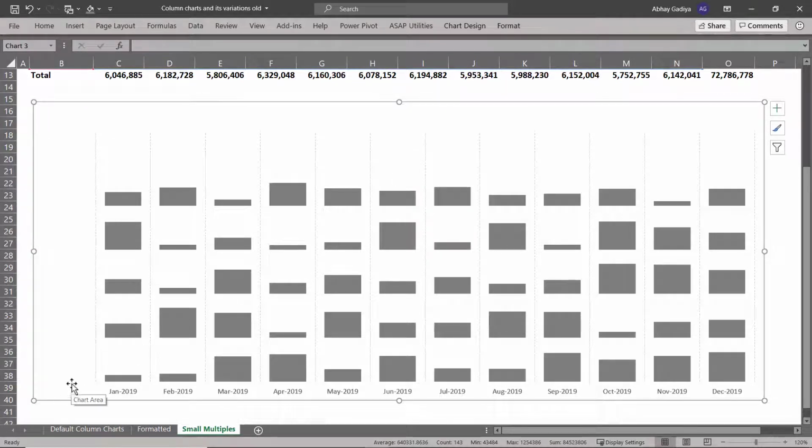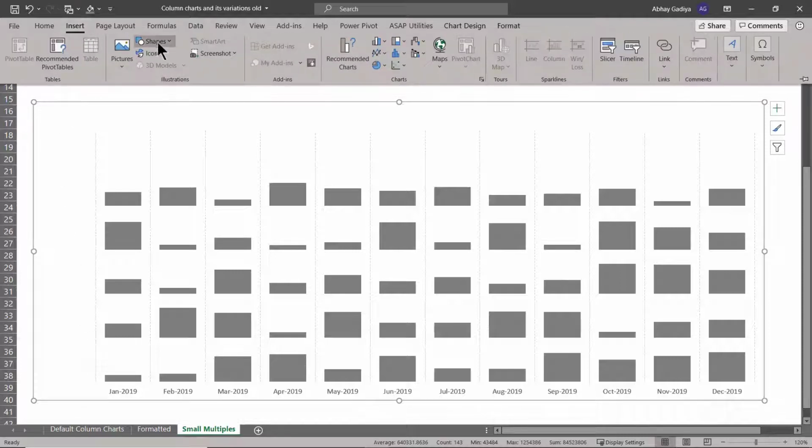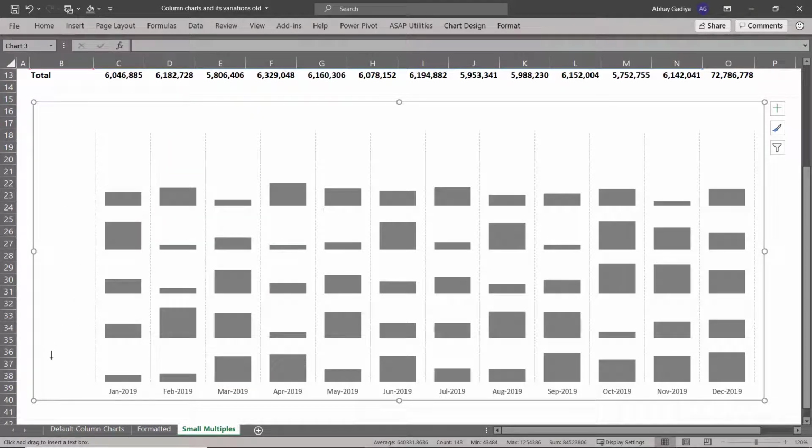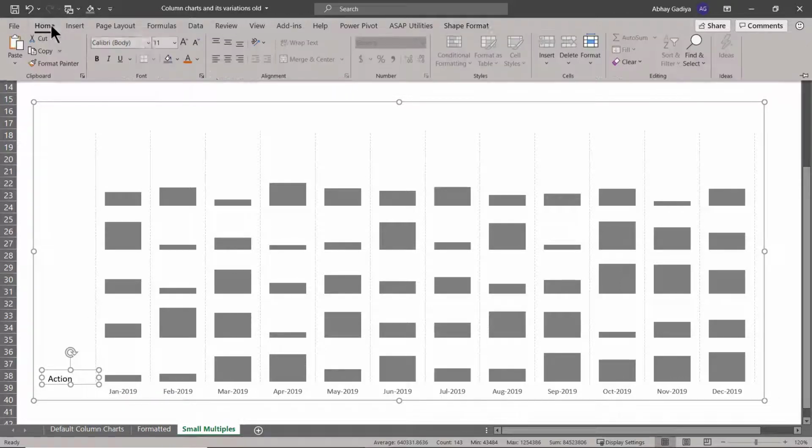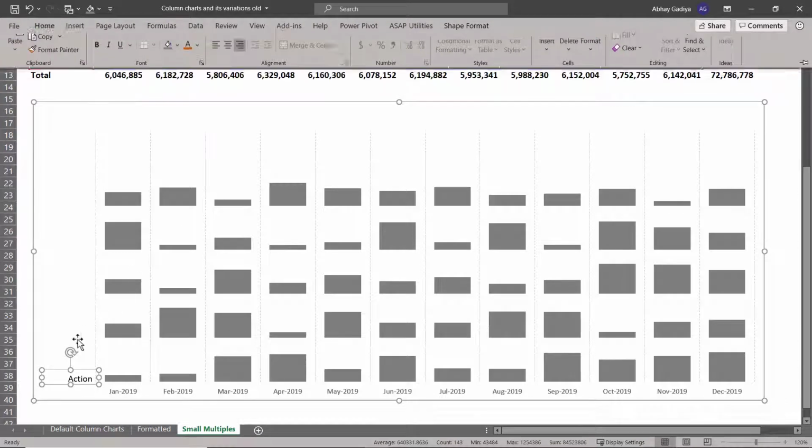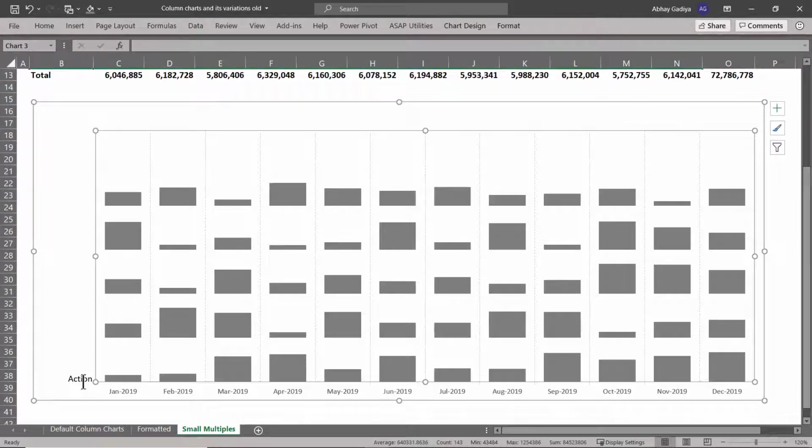Now I will quickly label each of the categories. For that I will go to Insert, Shapes, Text, and I will put this label just next to this category. The first category is Action. So let us type Action, select this text label and make it right aligned so that it looks proper. So try to make it just next to your category in the same line so that it is easier to identify. Let me quickly add for Suspense also.